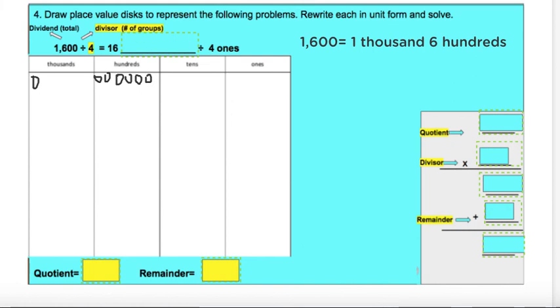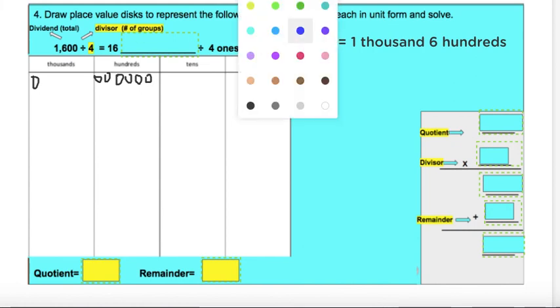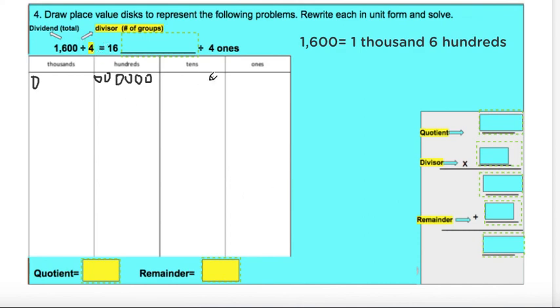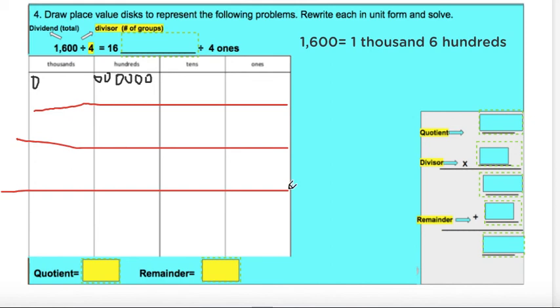How many groups am I breaking this place value chart into? Look at your divisor. 4. If you need to, write your number of groups on the side so that you know you have the correct amount of groups. And it's time to distribute, y'all. I know I'm starting all the way in my thousands place. If I do that, I have 1,000. Can I distribute 1,000 to all 4 groups? Absolutely not. So I need to